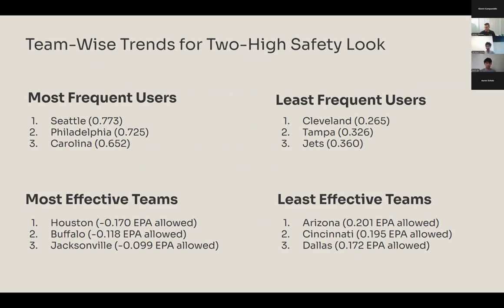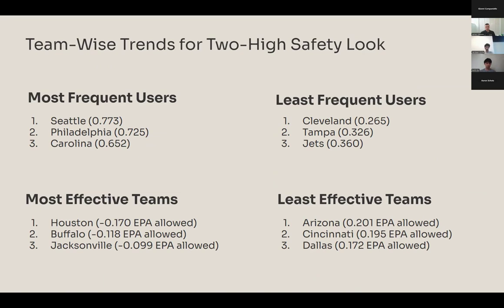So in the most frequent users, we saw Seattle, Philly, and Carolina using that the most, and then we saw Cleveland, Tampa, and the Jets using it the least. And then in terms of most effective and least effective, I think teams might define this in different ways. The way we went about doing it is looking simply at EPA. So, if teams are allowing the most negative EPA, then we would say that they're pretty effective at it. And then if teams are allowing the most positive EPA, then we would say they're the least effective at it